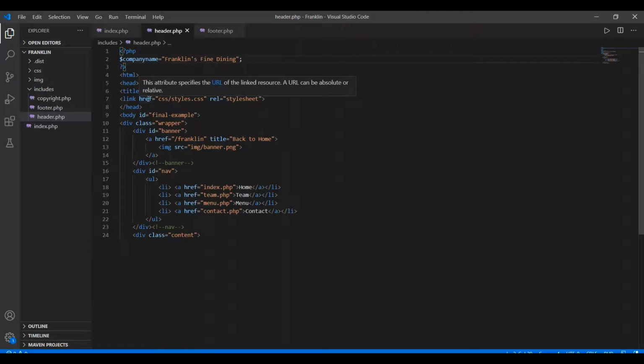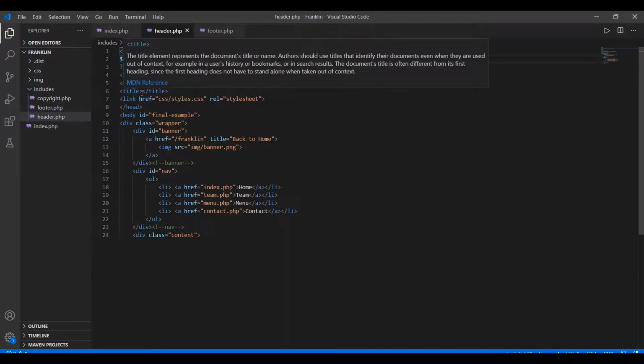What we can do is create a variable, so that every time we include this file, the title will be automatically assigned to this.